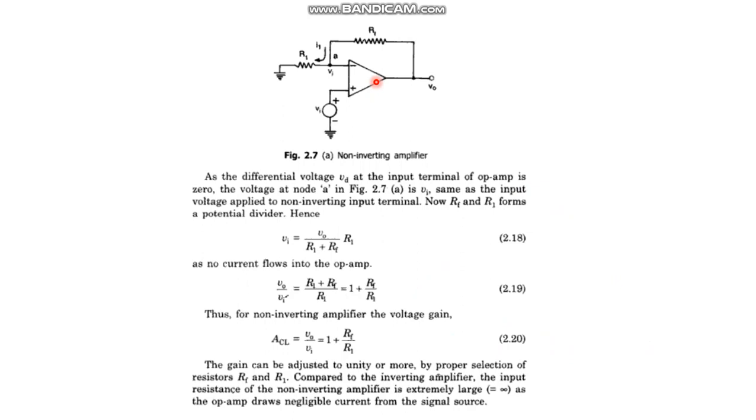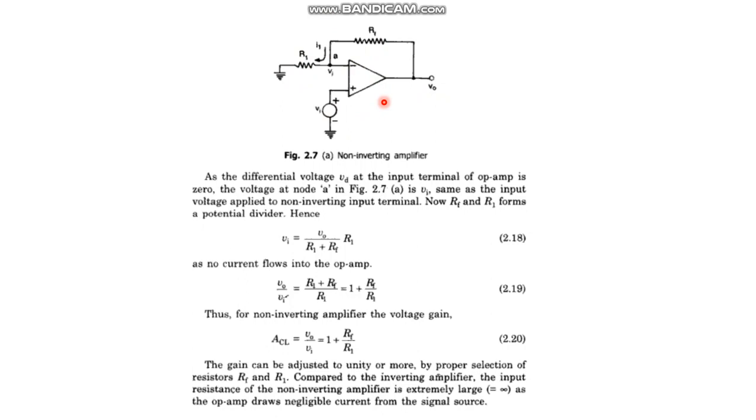What will you get? According to the concept of virtual ground, I am applying the voltage here. This same voltage appears at this point also. Okay, what is this current? Vin minus 0 by R1. Where am I getting this current? From here, obviously, because there is no current in or out of this point. Where am I getting this current? I should get it from here, right? What is this current? V0 minus Vin by Rf, that is equal to Vin minus 0 by R1. By equating these two, we will get the expression for V0 to Va,